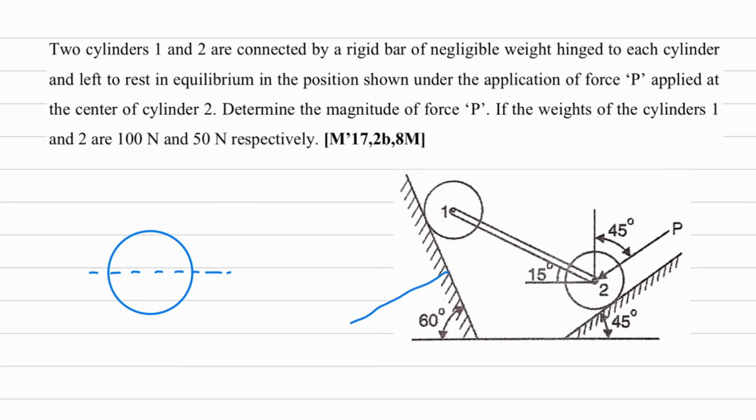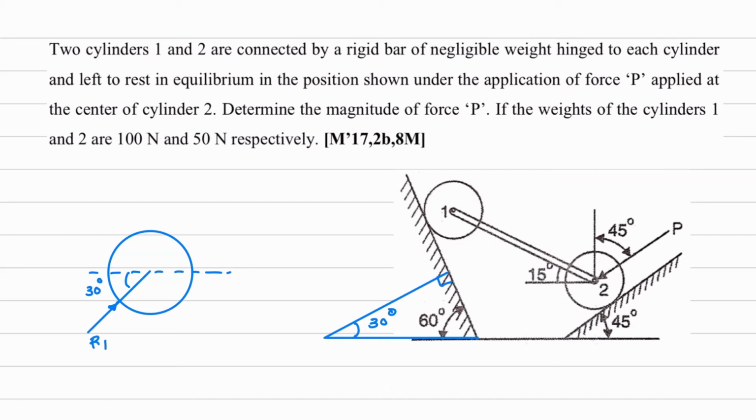This is perpendicular. Okay, so this is perpendicular, this is 60 degrees, so this angle will be how much? 30 degrees. So that is why the angle of this reaction force which is acting over here with respect to horizontal, this will be how much? 30 degrees. Why? Because it will be an alternate angle. Okay, so I'll show that R1. So this will be R1 and the angle is 30 degrees.